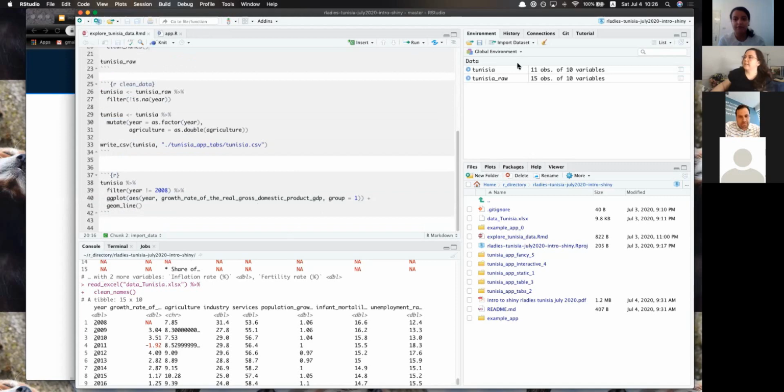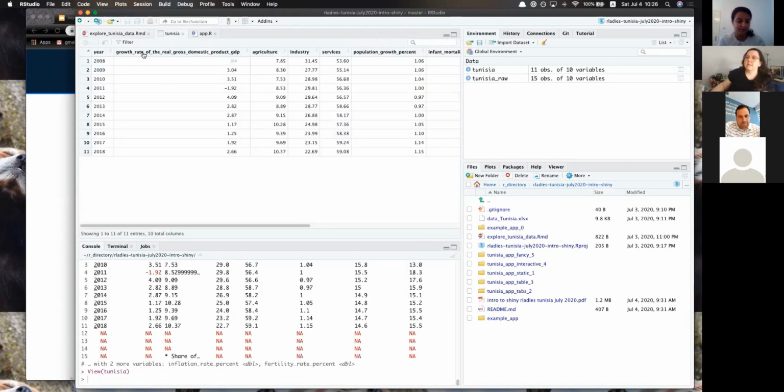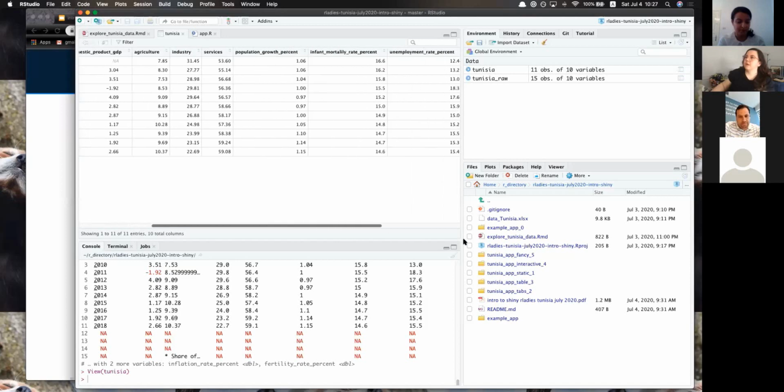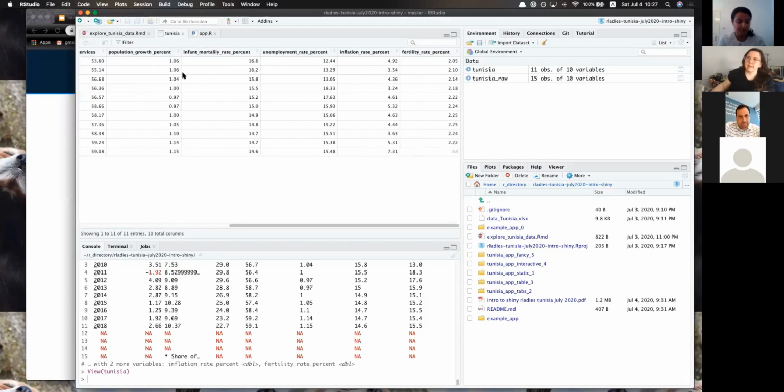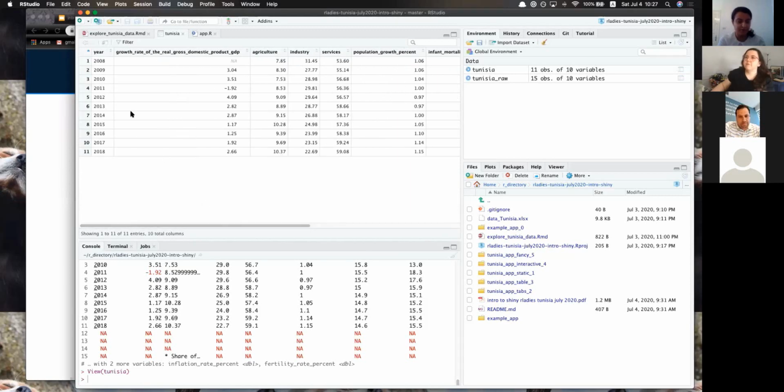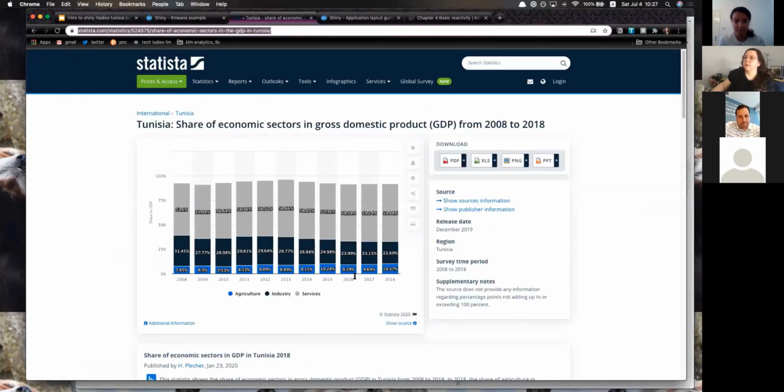So we're going to work with this data that has the growth rate of the real GDP. Then it has that share data for the GDP, agriculture, industry, and services. Then it has a bunch of different economic indicator percents for each year. So the population growth, infant mortality rate, unemployment rate, inflation rate, and fertility rate. So it's not a huge data set, but it's definitely enough for us to build something. We'll recreate this plot, like I said, and